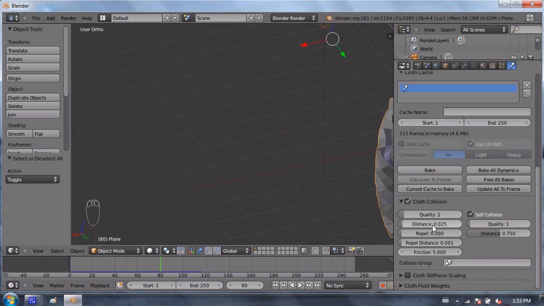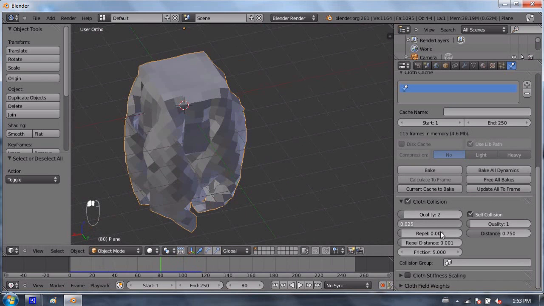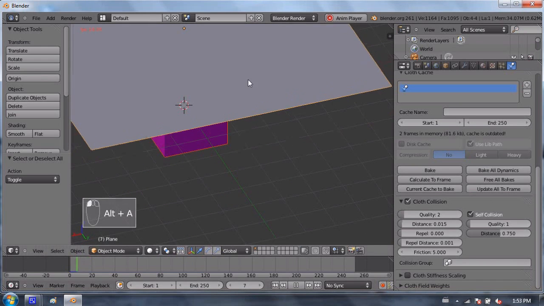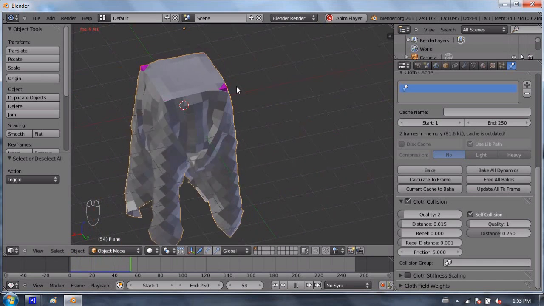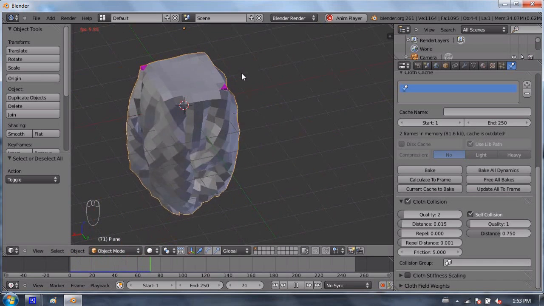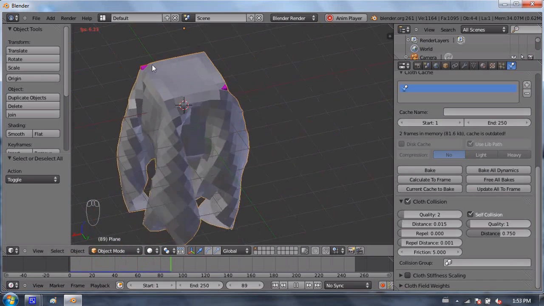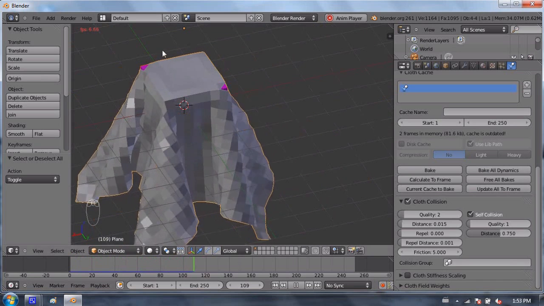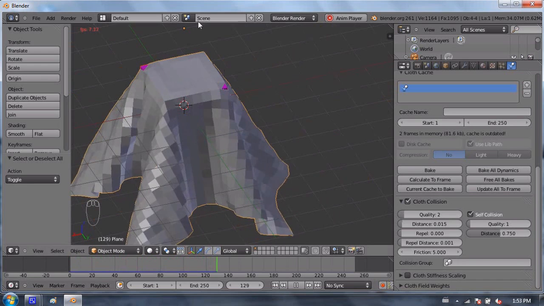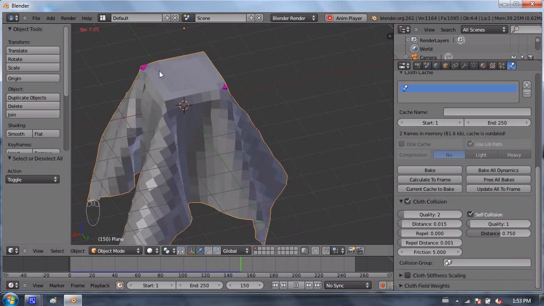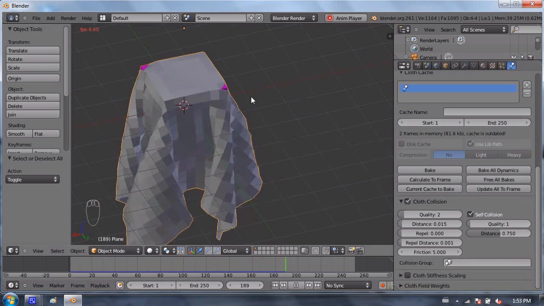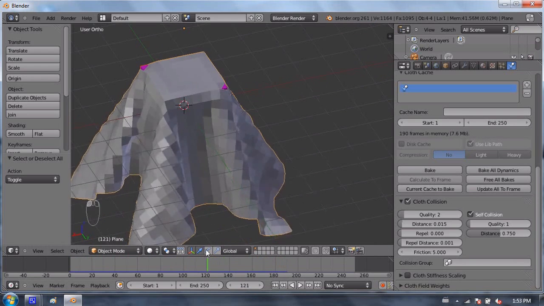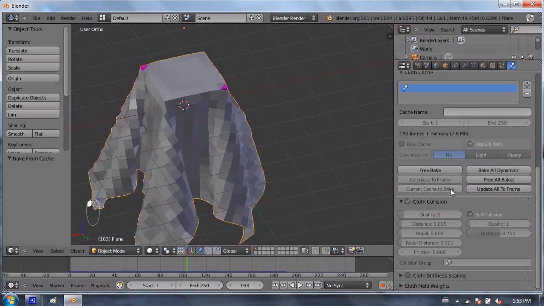Now, this isn't the only way of fixing this problem. In fact, what I'm going to do is change my distance down to 0.015 again, and we will resimulate, and we'll rebake again, and I'll fix it a different and somewhat easier way. So we're still getting those same 2 corners poking out. I happened to try this before, and the cloth didn't actually do too badly when the cube was its default size, just because of the alignment of the faces and the size of the cube. It worked really well with the default cube size and the 30 by 30 plane, but I wanted it to give us some problems, so I changed the size of my cube. Okay, so I'm going to leave it like that and press Current Cache to bake that.